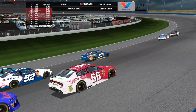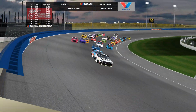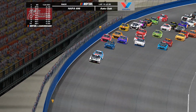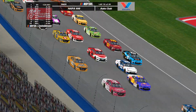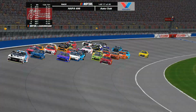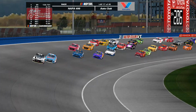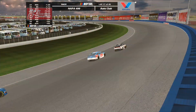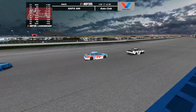It's a tough break for Haslam. He had a good run going for him and had to come down under the caution right as these guys were about to take the green flag, so he ended up losing the draft. And obviously that is a very, very significant factor into who's going to win this race. All these guys still in contention for the race victory in the draft. There's a couple of guys straggling in the back off the lead. I believe we got Matt Dalio and Silas Orta, but everyone else in this lead draft,